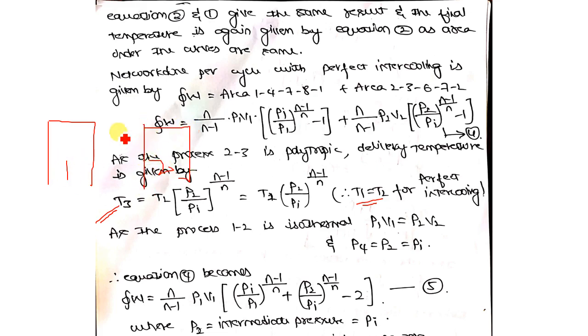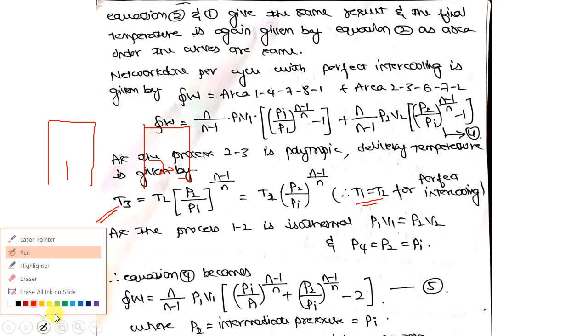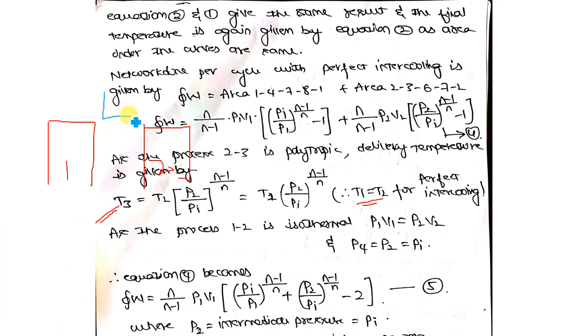So if here the temperature is T1, because of the compression in the first cylinder, it will be T2 at the outlet. Okay, if your intercooler is perfect, what happens? The T2 would be reduced back to T1. That means after the intercooler, the temperature will be again T1. Okay, so that means basically your T1 would be equal to T2 in case of perfect intercooling.